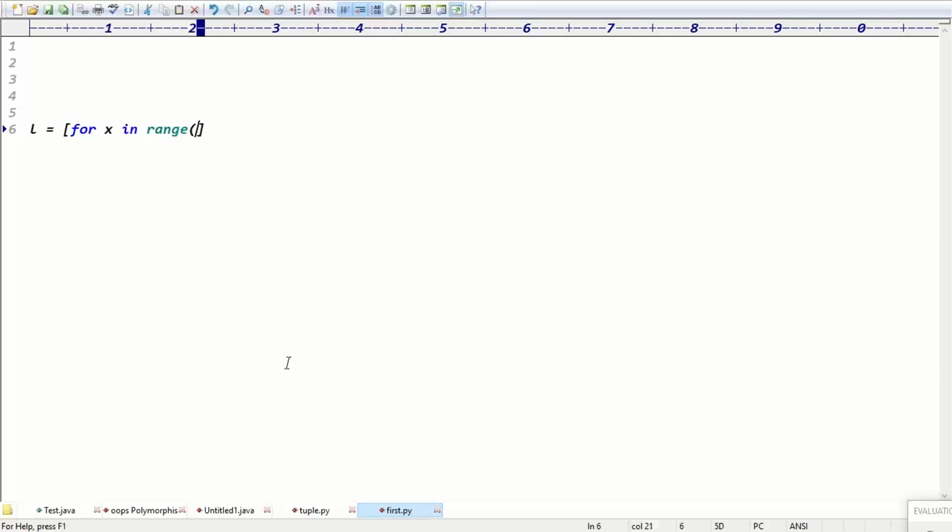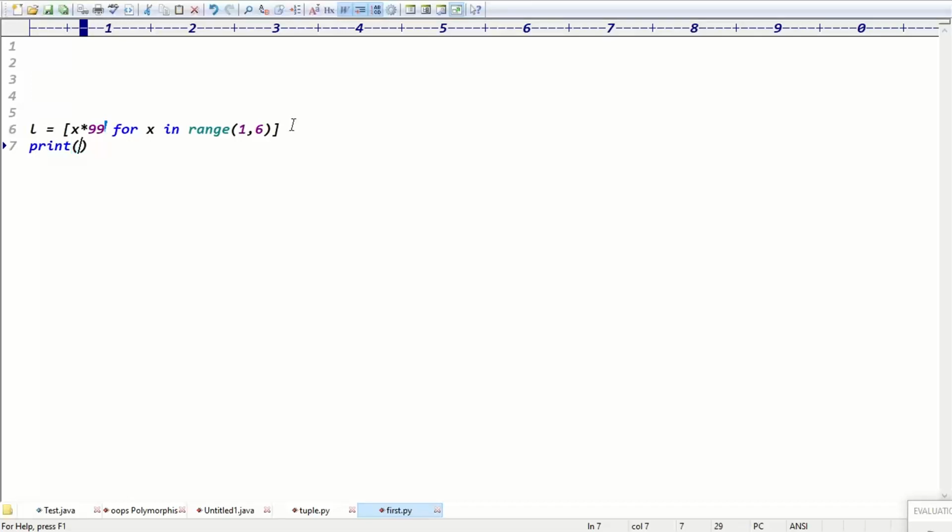For x in range of 1 to 6, meaning it will take 1 to 5. On the left-hand side, can I write x star 99? Exactly. For x in range of 1 to 6, x star 99, that value goes to the list variable L, right?